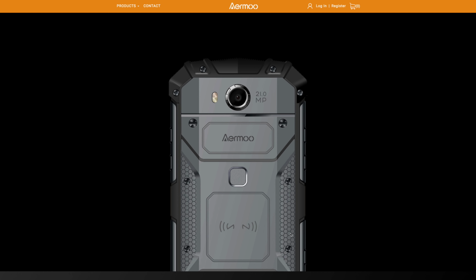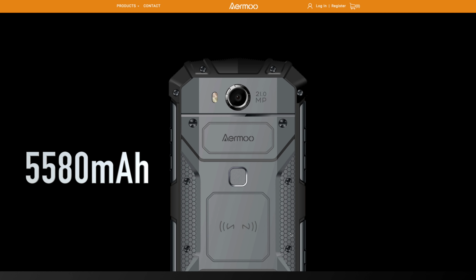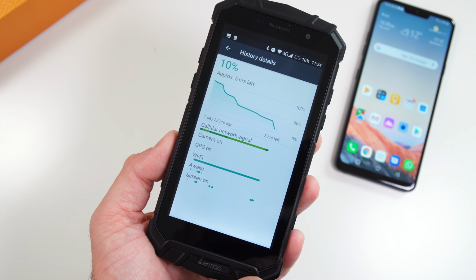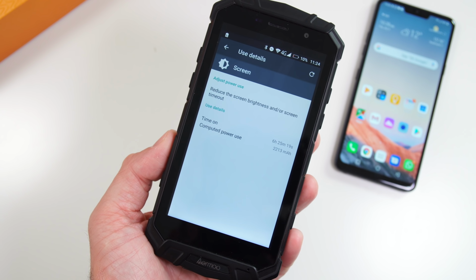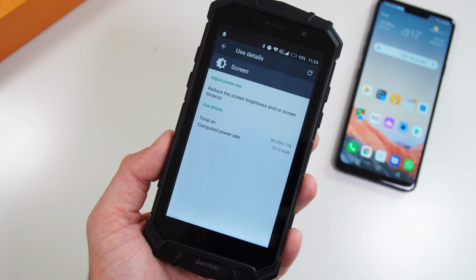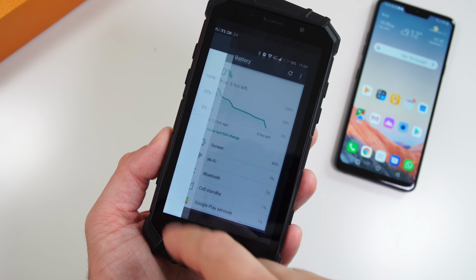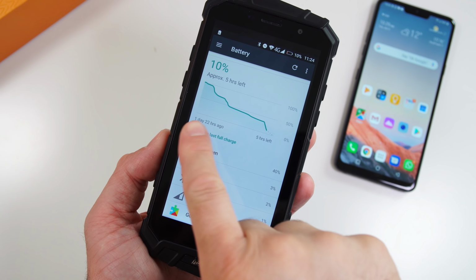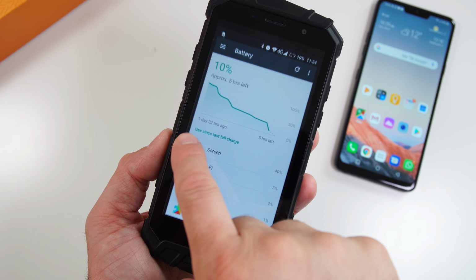And since we are talking about charging, we might as well talk about the battery life. So inside this phone, we have a non-removable 5580 mAh battery. And on one charge, you can go for about 2 days without charging the phone, and out of that, between 6 and 7 hours of screen time. Now, 6 and 7 hours of screen time isn't that much considering the size of the battery, but I think it's gonna be more than enough for pretty much everyone, so you can go for a couple of days without